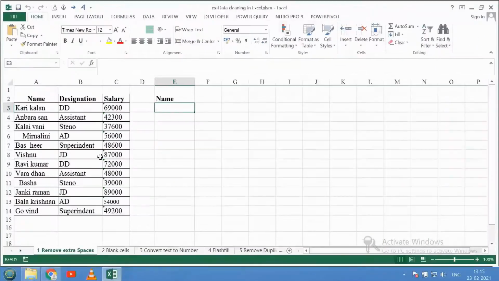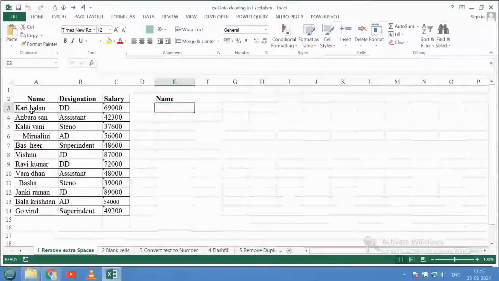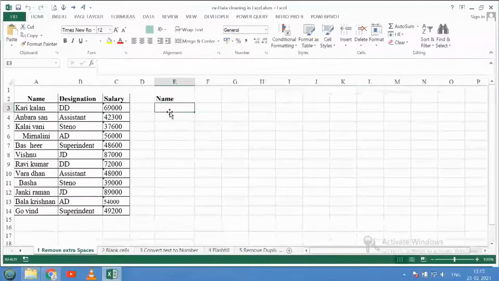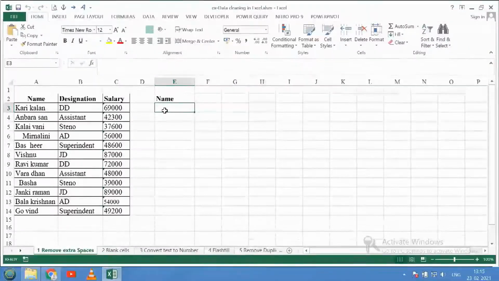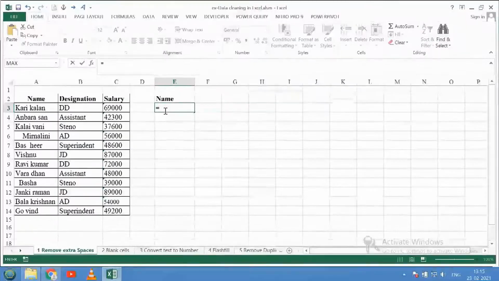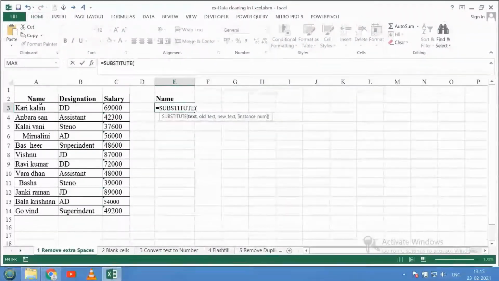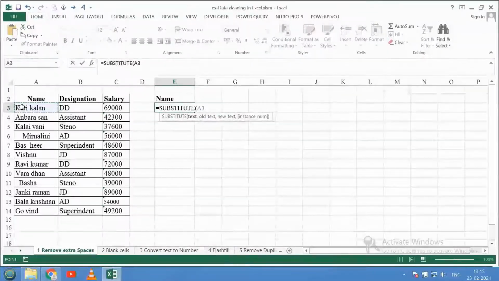So let us go to the Excel sheet. In the first column we have name. All the name entries were available with some extra spaces. Before analysis it needs to be corrected. For this there is a simple function in Excel, that is SUBSTITUTE. Use substitute and select the data entered with space.